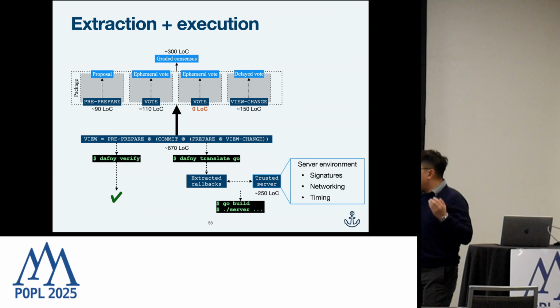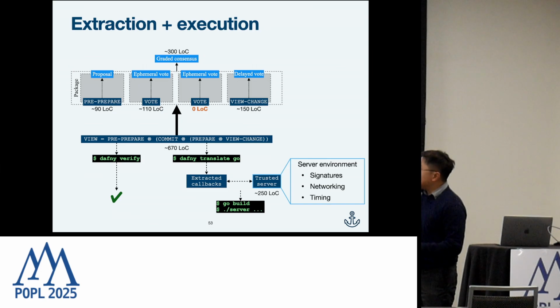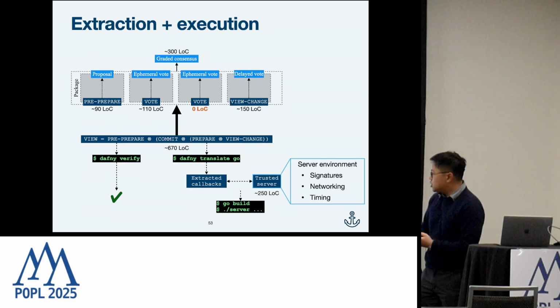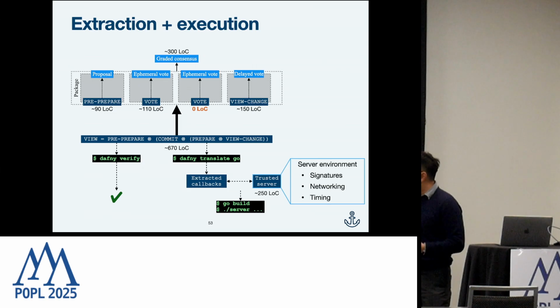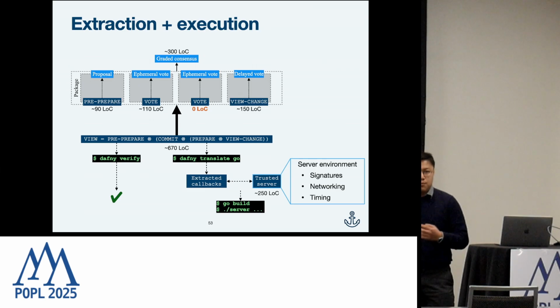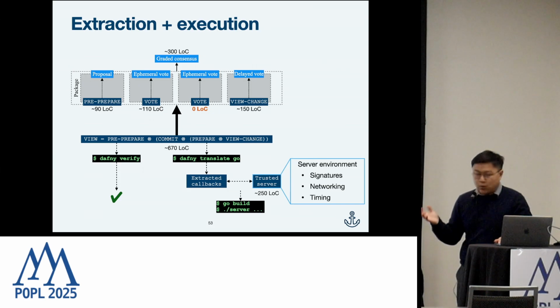Once we have that, we have all the ingredients we need to do our top level implementation and proof. So we're able to show a refinement from about 670 lines of code, which implement this view, to a spec with about 300 lines of code. When we run the Dafny' verifier on everything in the system, it takes about 4 minutes on a 12-core machine, and we run it through the Dafny' extractor to produce Go code, and call this Go code from a trusted server implementation. Implementation is around 250 lines of code, and that implements things such as signatures, networking, and timing, really